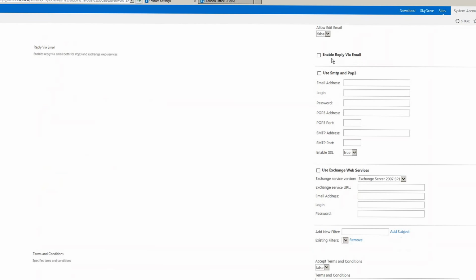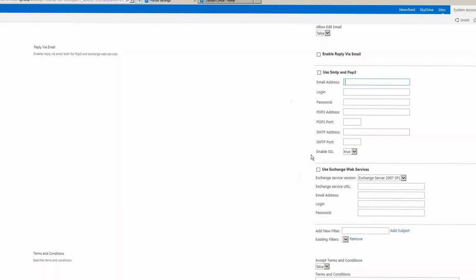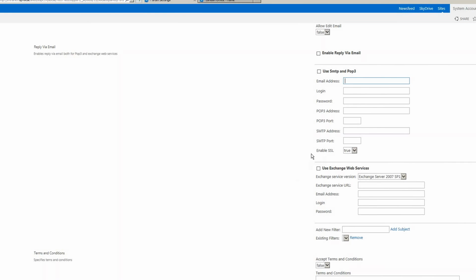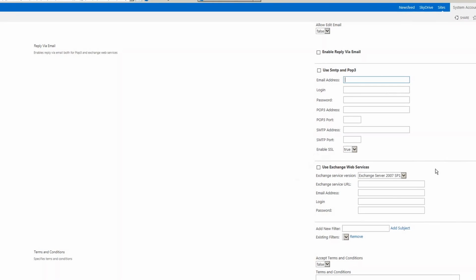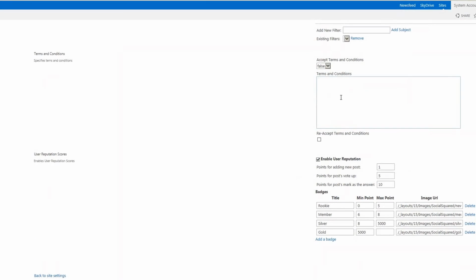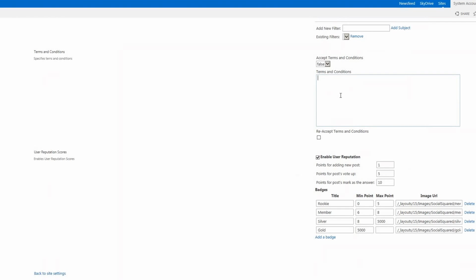We can enable reply via email. So in order for that to work, you basically set up an email address for your forum group, and that can be any Exchange or POP SMTP email address. So once that's configured, you can create topics via email, and you can also reply to them via email as well. So to create a topic via email, you just put the name of the forum group in brackets, the name of the subject then follows that, and then the body, of course, becomes the actual topic itself. So that's possible, and we've also got terms and conditions that readers or visitors to the forums can read and accept before being allowed to use it,